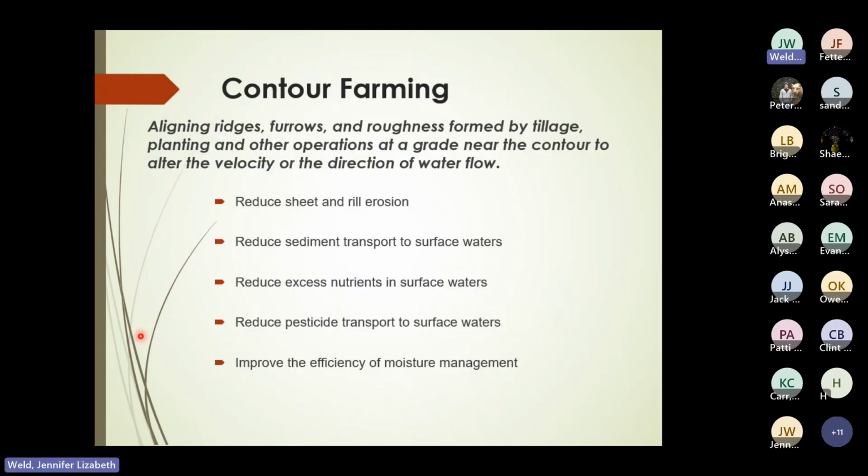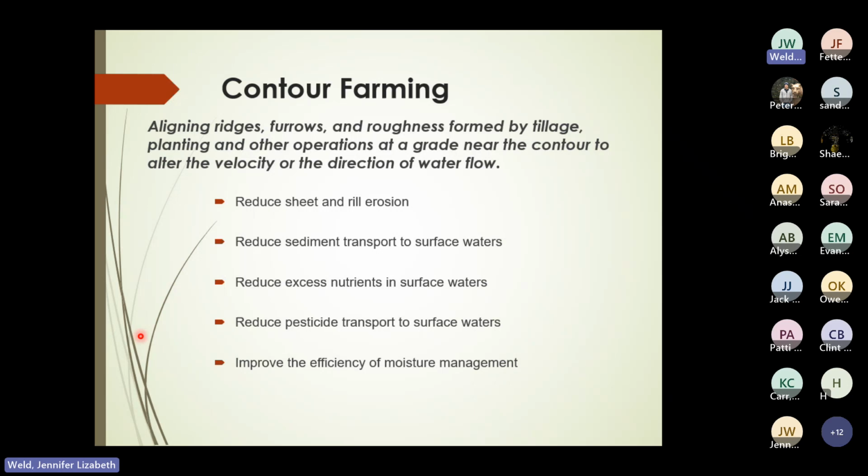So contour farming is often seen in Pennsylvania. It's sometimes seen on more steeply sloped areas. And what it basically does is it aligns any types of ridges or furrows or roughness that may be associated with tillage or planting or operation along the grade of the contour. This definitely reduces the velocity of surface runoff that's coming down the landscape. It allows those furrows and ridges to slow that water down, to capture it,